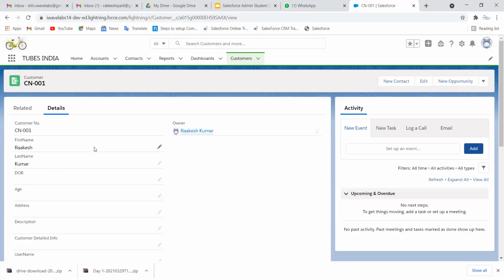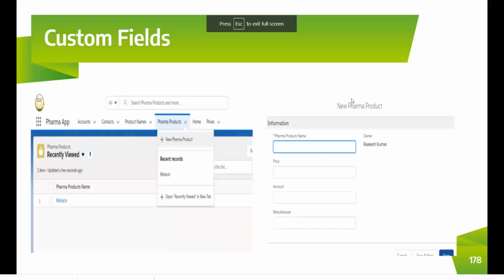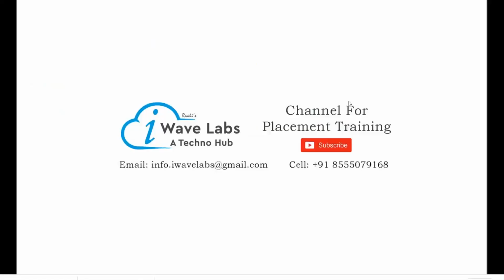So in today's class, we discussed about standard field. What is field? Then we discussed about types of field. One is called the standard field. The other one is called custom field. Right? I told you the standard fields are created by the Salesforce at the time of creating an object. Custom fields are also called as audit fields. We have several system fields, and we discussed about the standard field for which we require a data type. We have seen, I've covered all the data types in this class. Right? Okay. Now, guys, we have discussed about all the custom fields here.